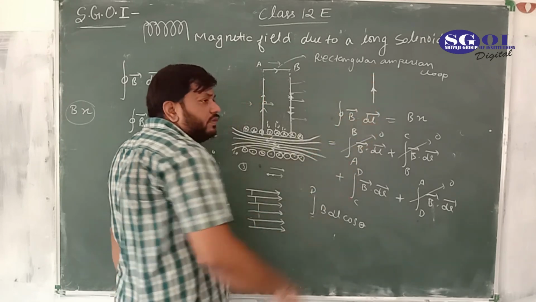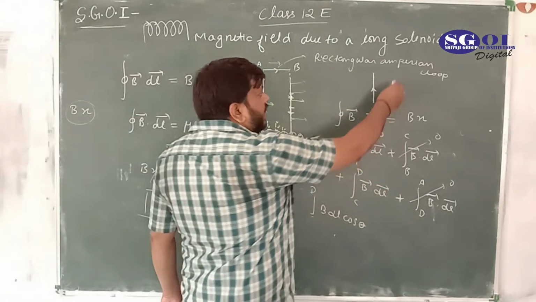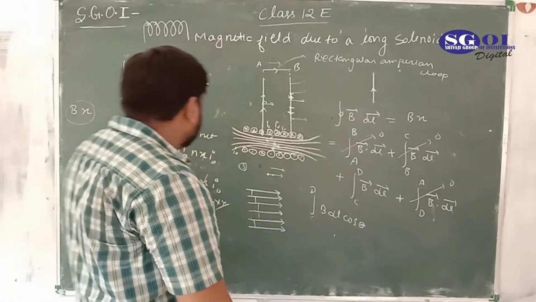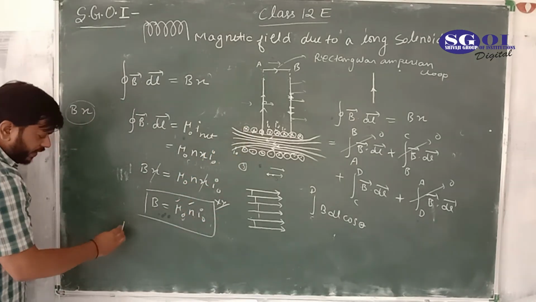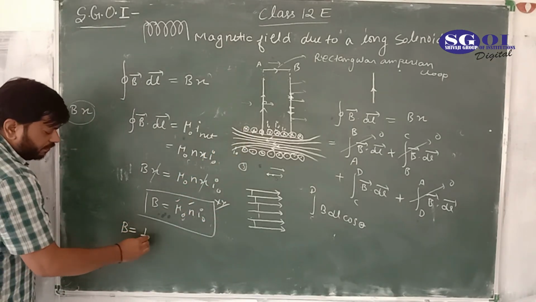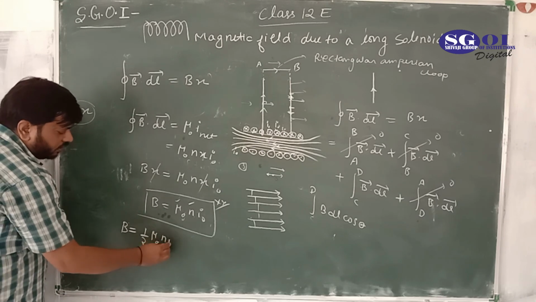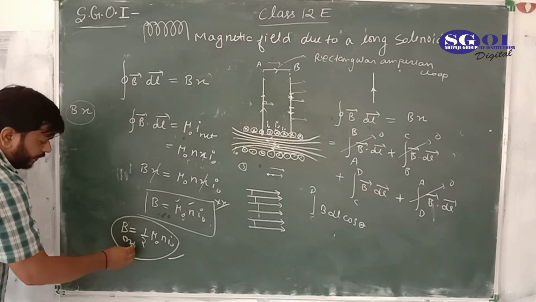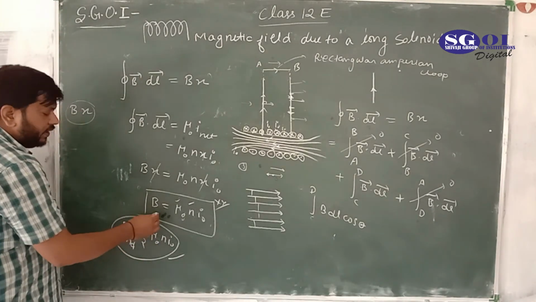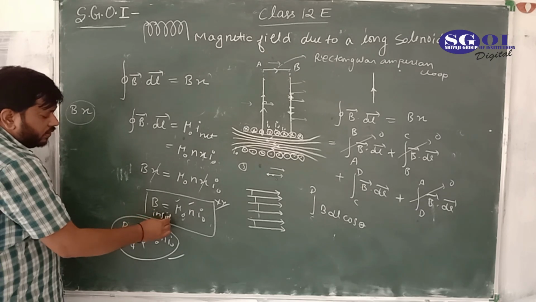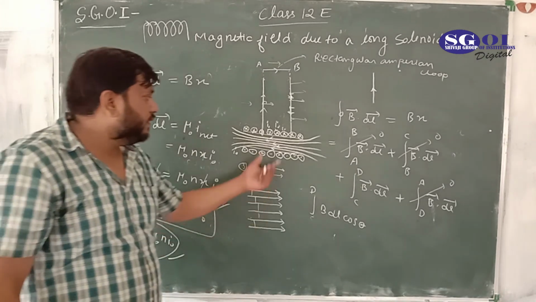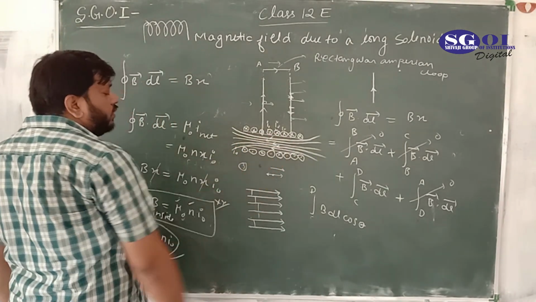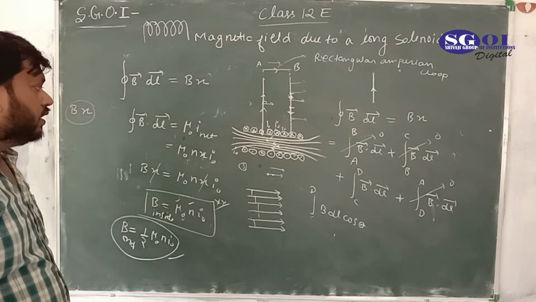in the derivation for the finite length wire, at the ends the magnitude of the magnetic field just becomes half. So here at the end, the magnitude of the magnetic field is 1 by 2 mu naught n I naught. This is B at the end. This is in between, inside the solenoid. Magnitude is approximately uniform, constant, mu naught n I naught. It is not depending on